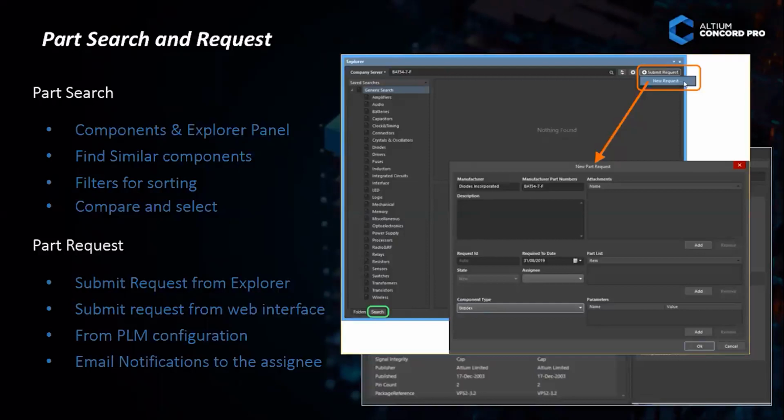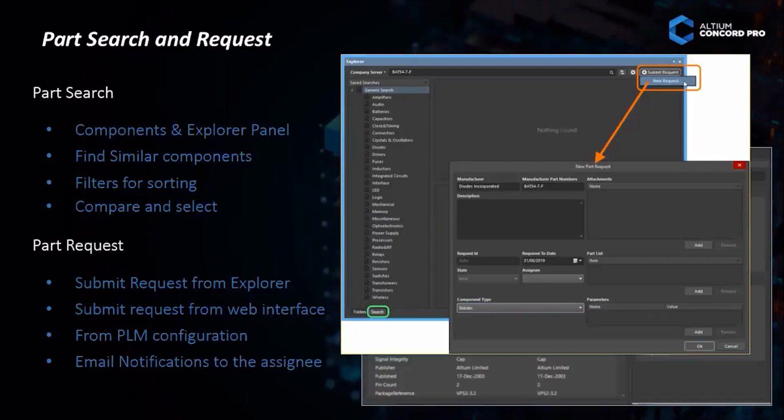And PLM configurations. If you are maintaining any local storage in your company, if you already purchased the components and you are maintaining that as local storage, and you are maintaining some database like ERP and Agile, I think, some other Windchill, Agile, I think. From these PLM software, all the database can be exported, and that can be configured to Altium. Once we configure this, it will create a folder and maintain all the libraries, and you can select that and create the symbol for it. That is another way of creating the request.